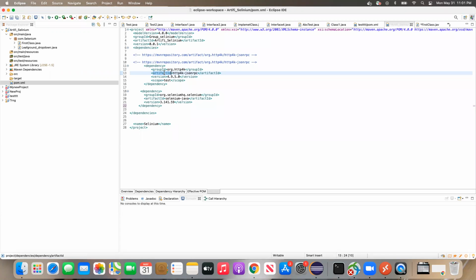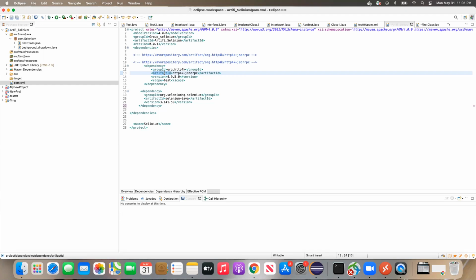Our first artifact ID is a project name that will be given by us, and the 13th line artifact ID we will get from the repository. So by default they have an artifact ID name. Okay, but what is it? Artifact ID means, is it like it's a name? I said it's a name, but what do you mean by it's a name?